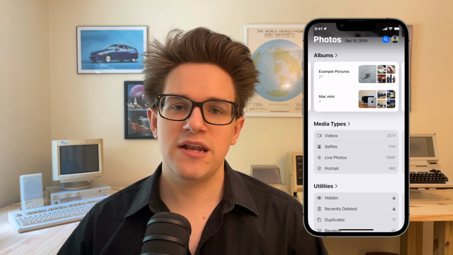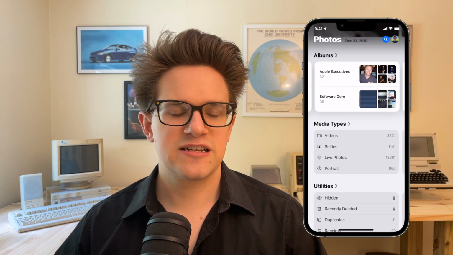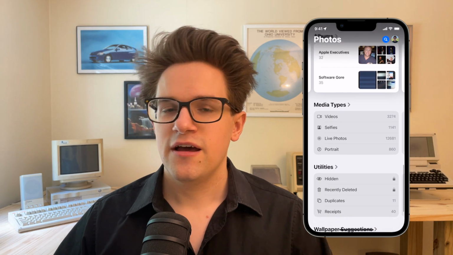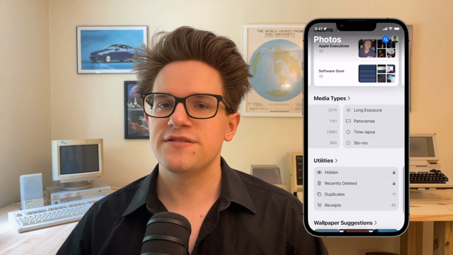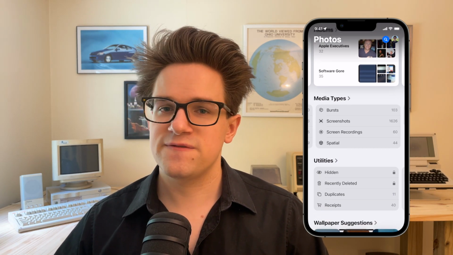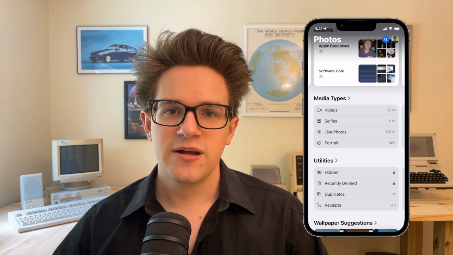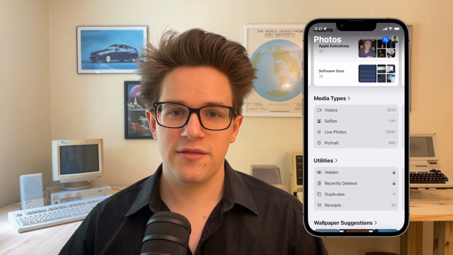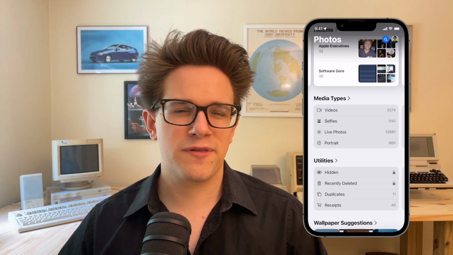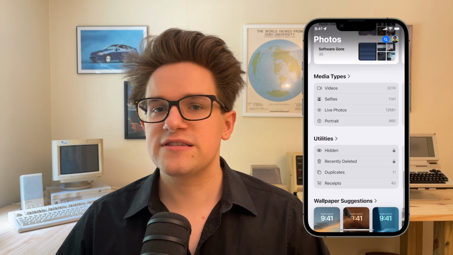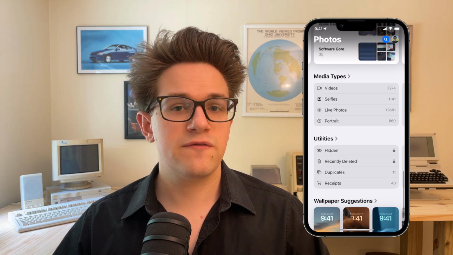Albums, a list of your manually created albums. Inexplicably, it only shows 2 on screen at a time. Media types, a quick way to find panoramas, slow-mo videos, animated GIFs, time-lapses, and more. This is an incredibly useful feature, but all of the more interesting categories are on the 3rd or even 4th tab. Utilities, which is where you can find hidden photos, duplicates, recently deleted, alongside a bunch of really cool new